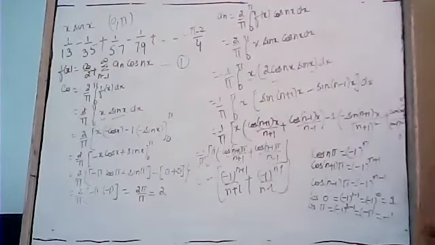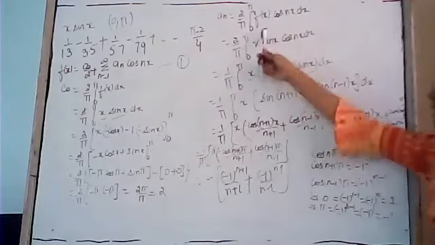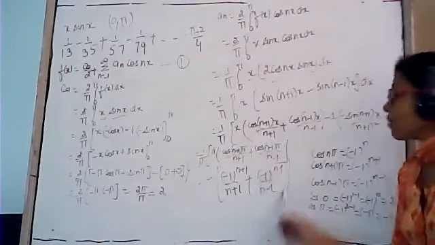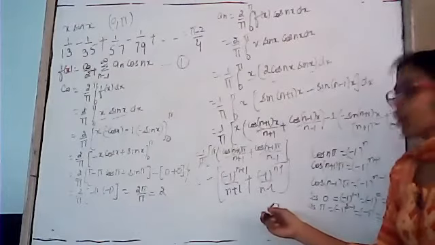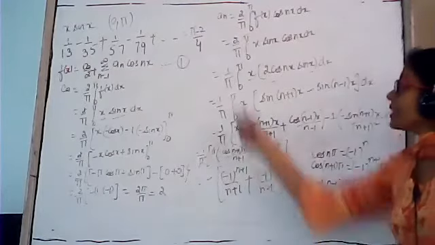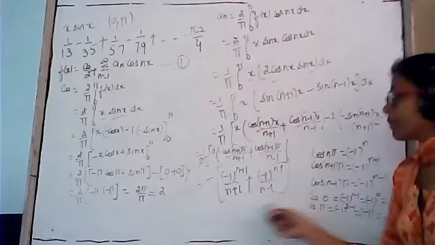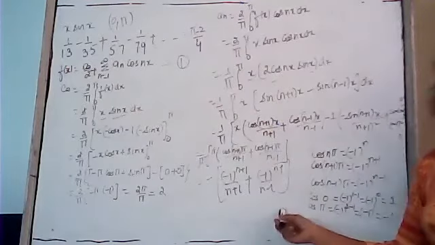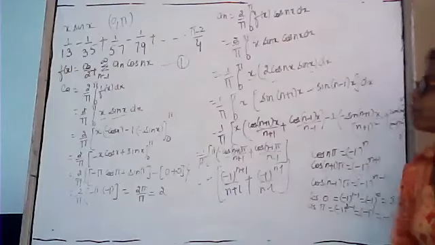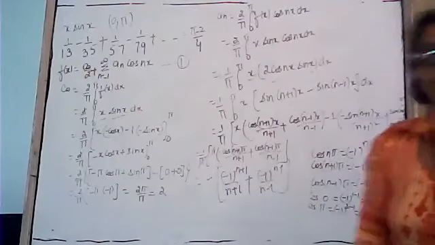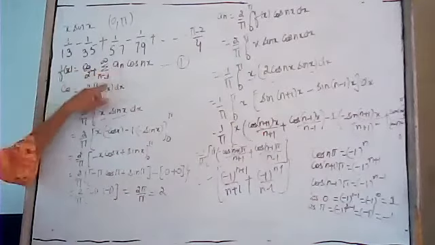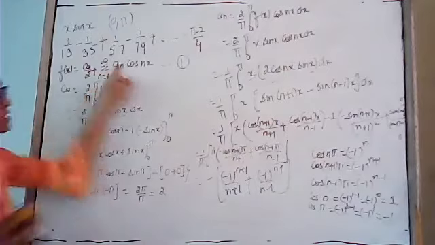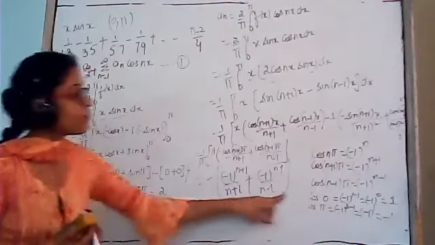One more thing, when we find the value of an, we have n minus 1 in the denominator. If we have n minus 1 in the denominator, in that case, this value cannot be determined at the point n is equals to 1. It means we have to find the value of a1 again, because this value is not applicable for a1. देखो बेटा, यहाँ पे जब आप लोग summation open करोगे, सबसे पहले क्या आएगा यहाँ पे a1. So इस वजह से this value is not applicable for n is equals to 1.